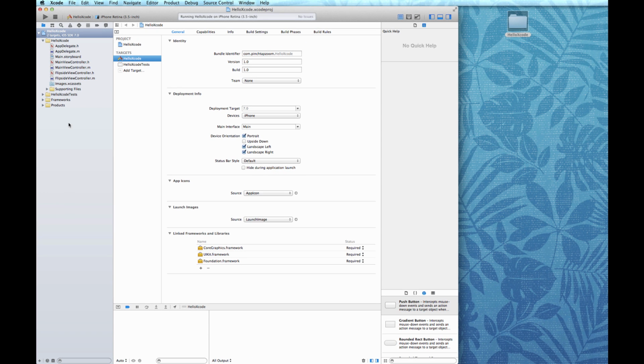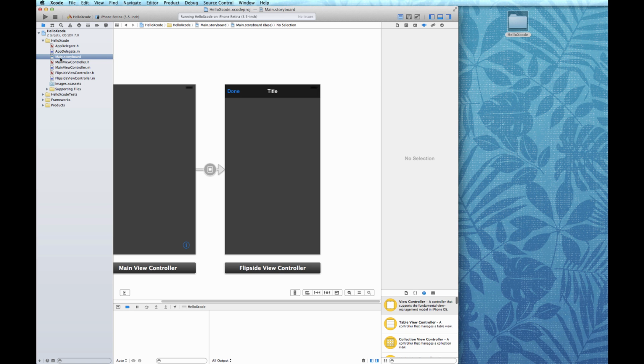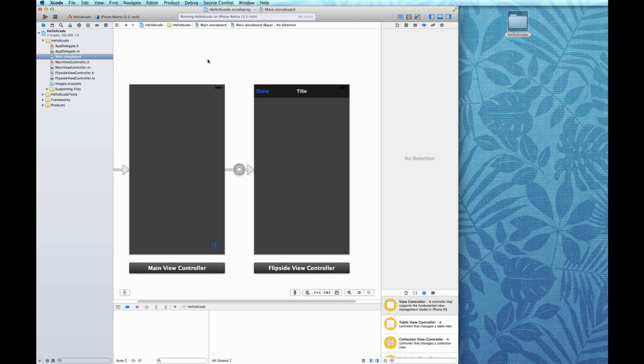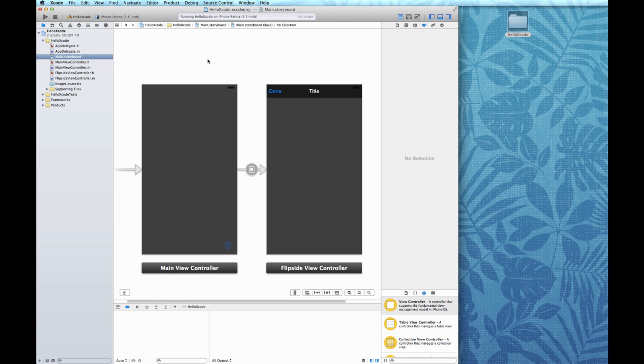Okay, next we're going to focus on customizing our app a little bit. So we're going to go in your Navigator and find the main.storyboard file and just click once on it to select it. And it will open up the Storyboard View, which is your user interface. And you can see here, right, we have our main view controller,